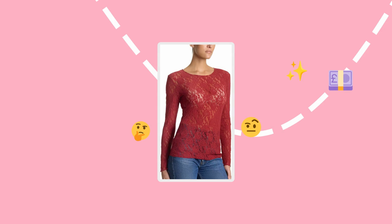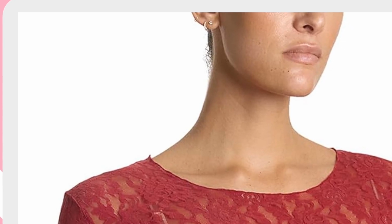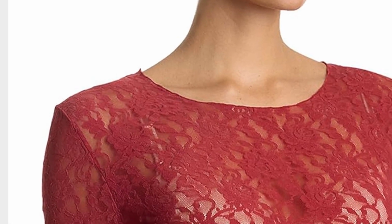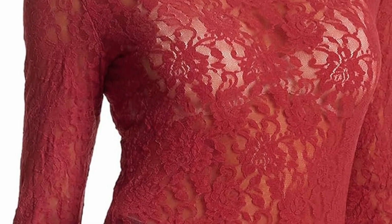Now let's talk price. At $42, it's not exactly cheap, and I totally get why some people might hesitate. When I first saw the tag, I did a little double take, especially since the design is pretty minimal. But after wearing it a few times and seeing how it holds up, I kind of get it. The quality feels solid, and it's not one of those things that looks flimsy or like it'll fall apart after